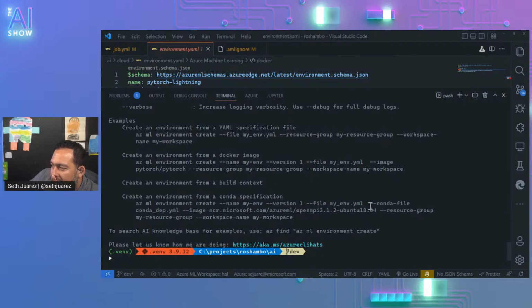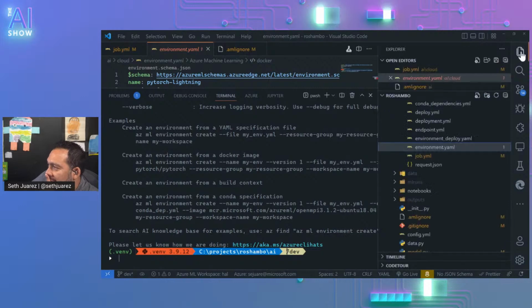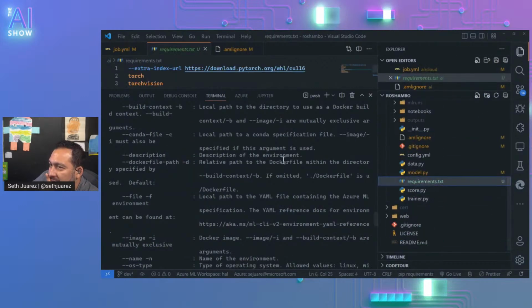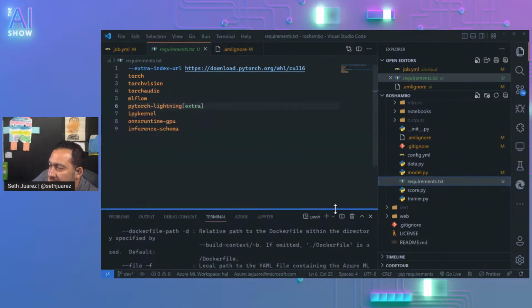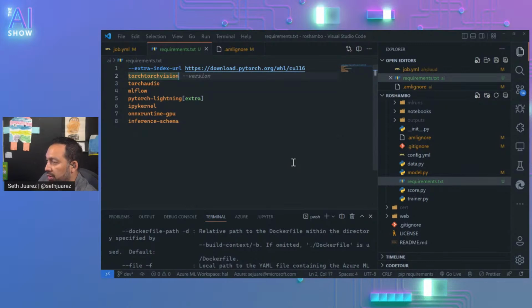I wonder if there's a way to do it with a requirements file, because we got all of this to work with our requirements file.